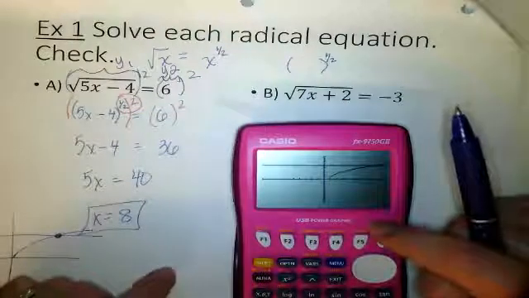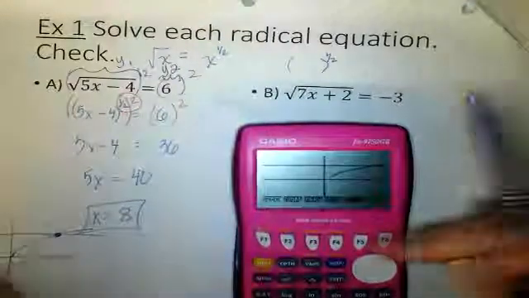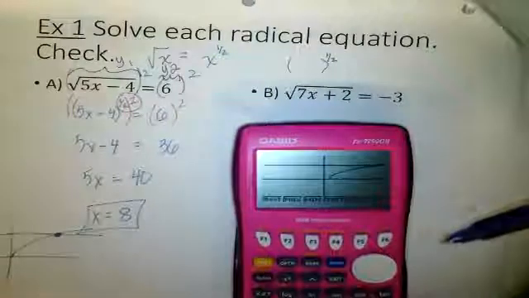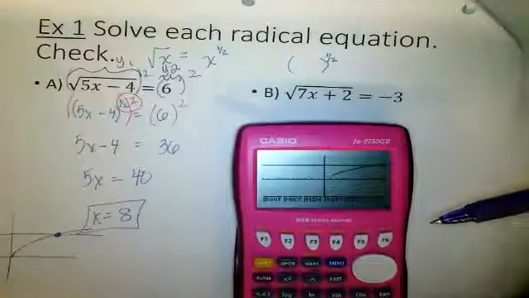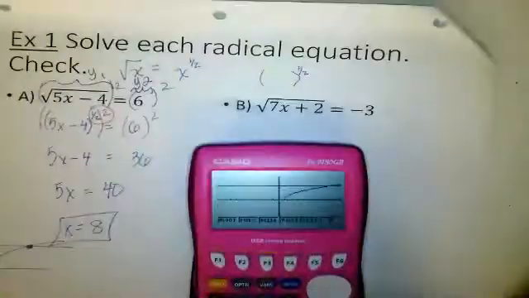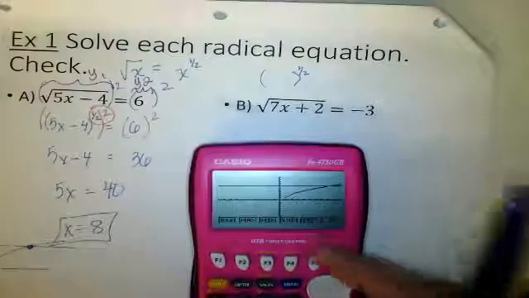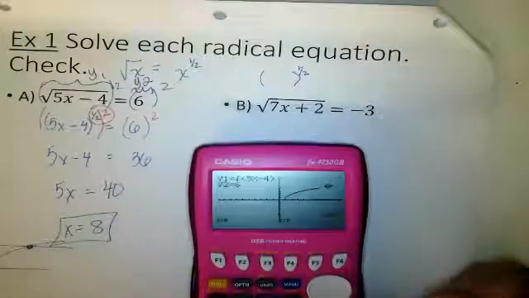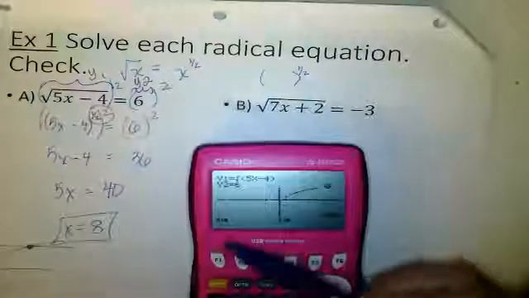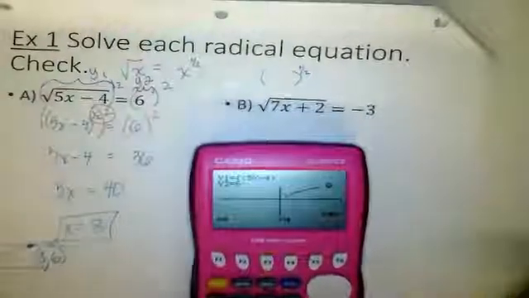On the Casio, G-Solve, graphing solve. So we're going to do second graphing solve. And on the TI, do you see the word intersect? Okay, you're going to select intersect. On the Casio, do you see intersect? ISCT, intersect. All right, you're going to press intersect. On the Casio, it just does it. The intersection is at 8, 6. 8, 6. On the TI,